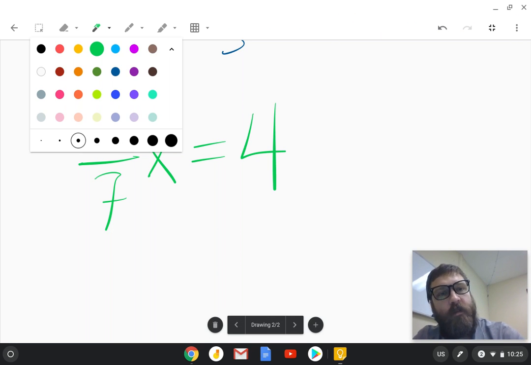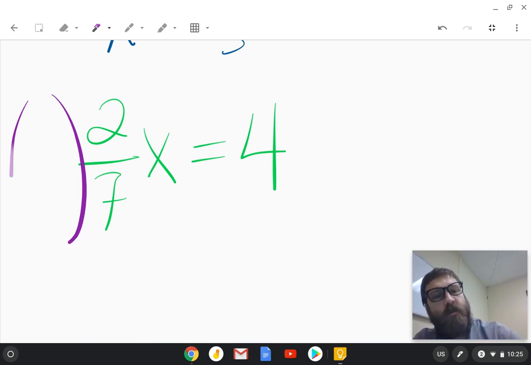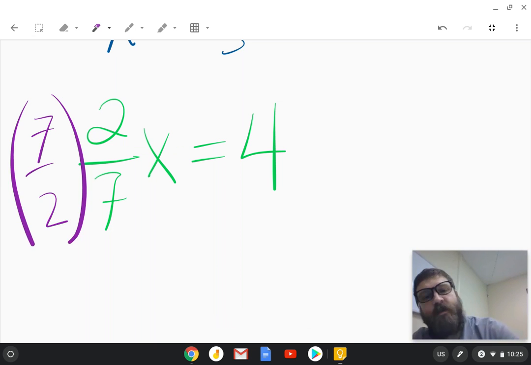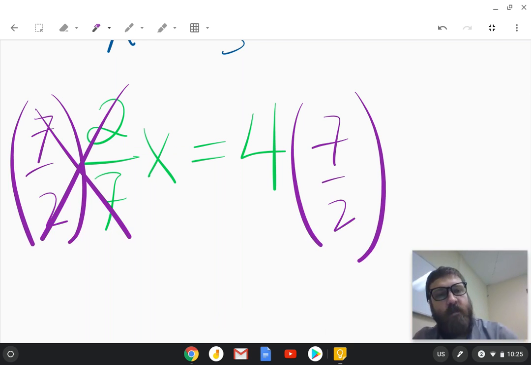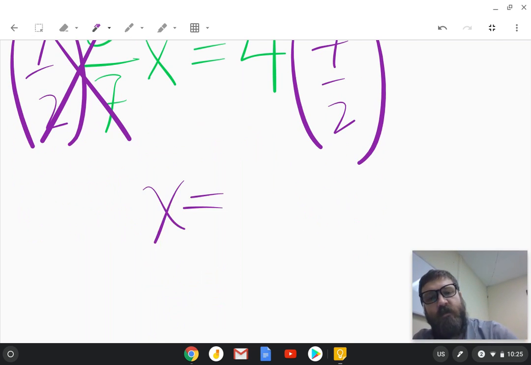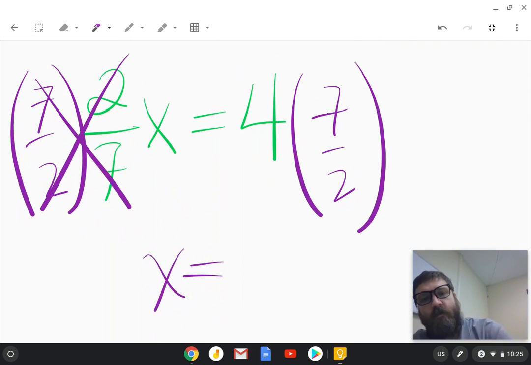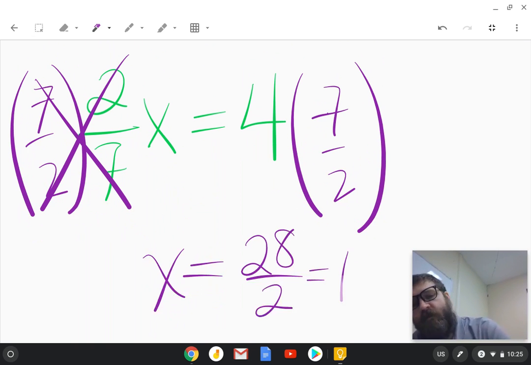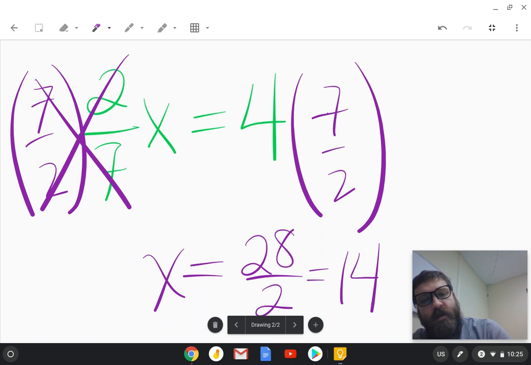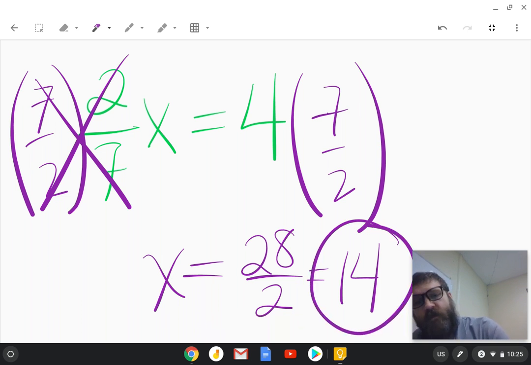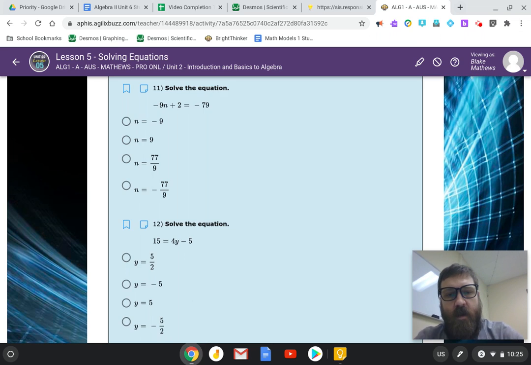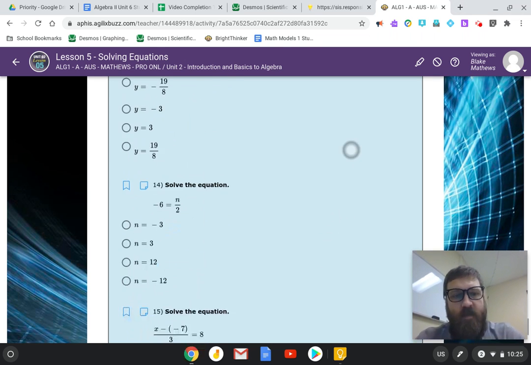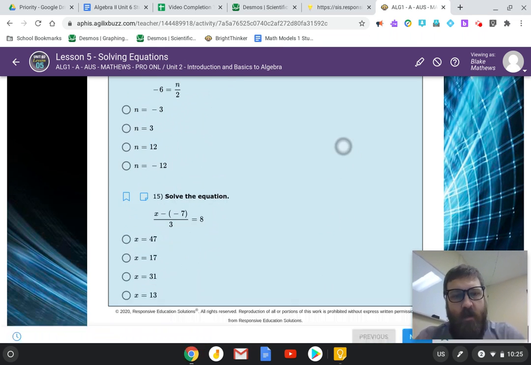We're going to multiply by the reciprocal because this is a fraction, and the reciprocal of that fraction is 7 over 2. That cancels those out, leaving me with x equals 4 times 7. 4 times 7 is 28, divided by 2 is 14, and so I would get x equals 14 as my answer. And so that's any time you have a reciprocal like you see in number